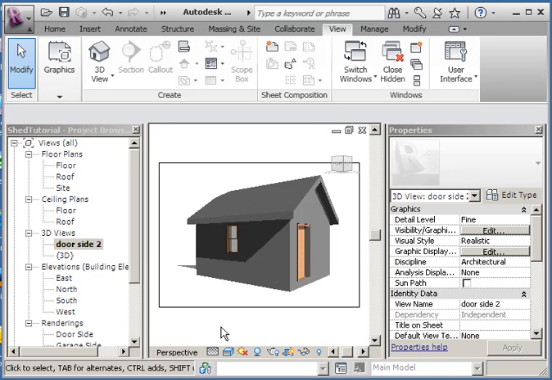And then we can repeat the rendering process to finish up. And the last thing that we're going to do in rendering is to look at the site components and add